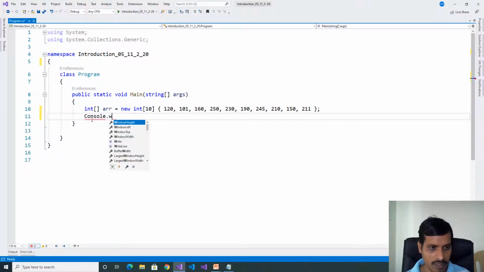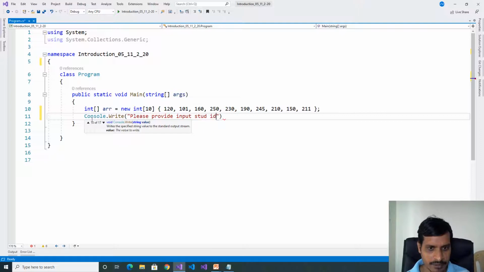Console.Write: please provide input student id.